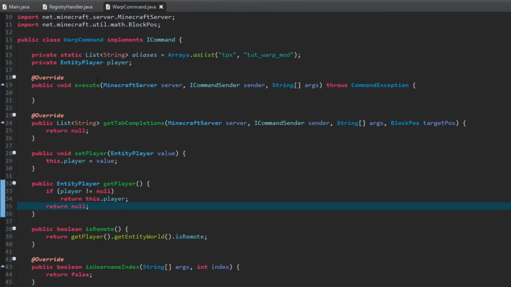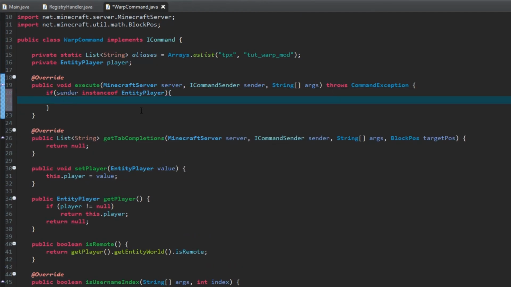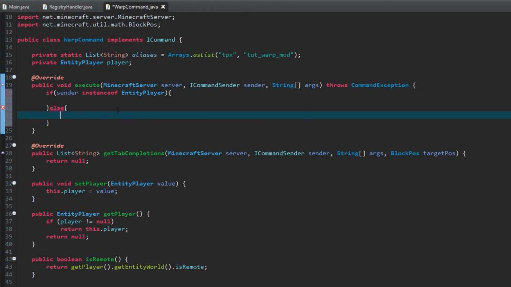Okay. So, okay, now up into the execute command. We'll say if sender is an instance of entity player, basically saying if the person sending the command is a player, then do that, else, which means it is either a command block